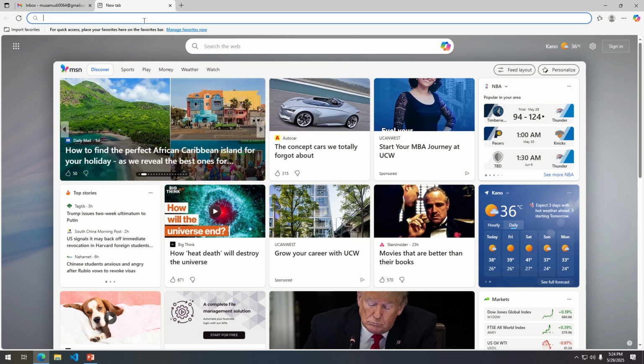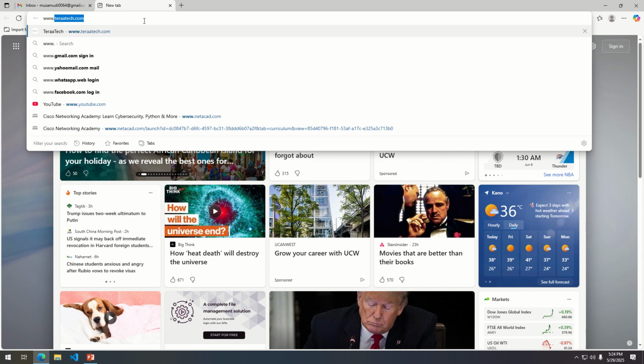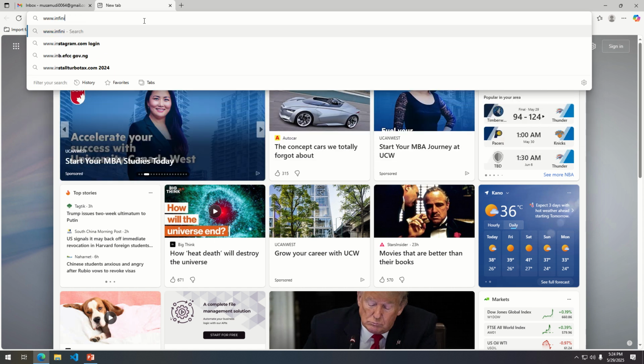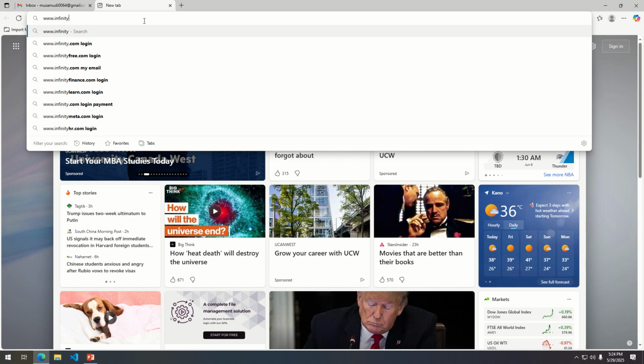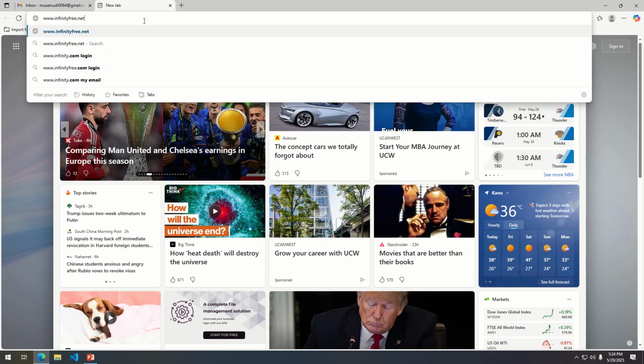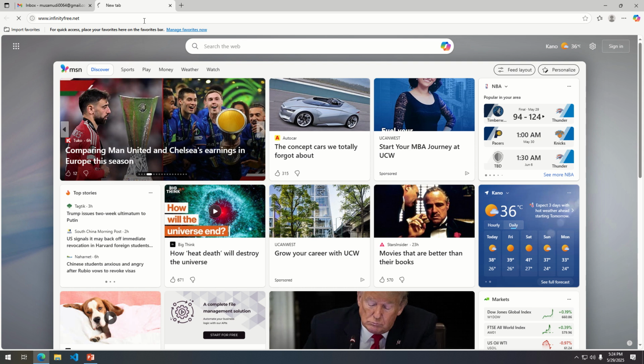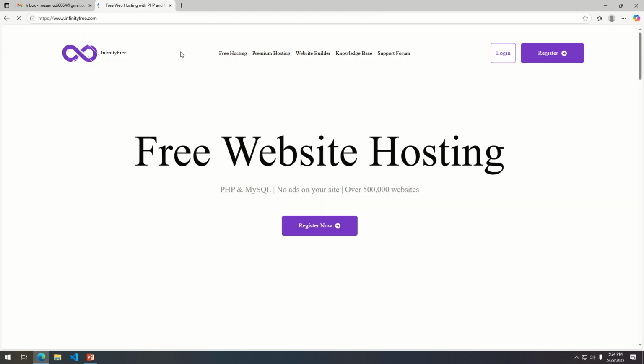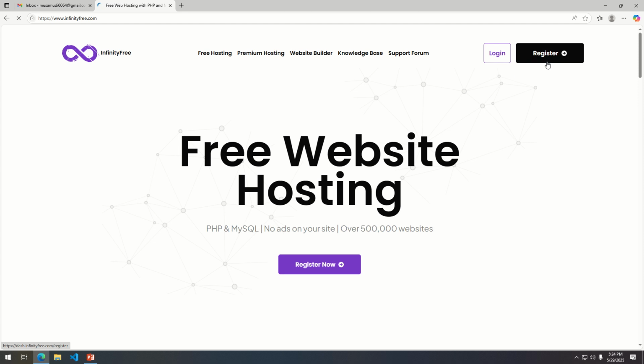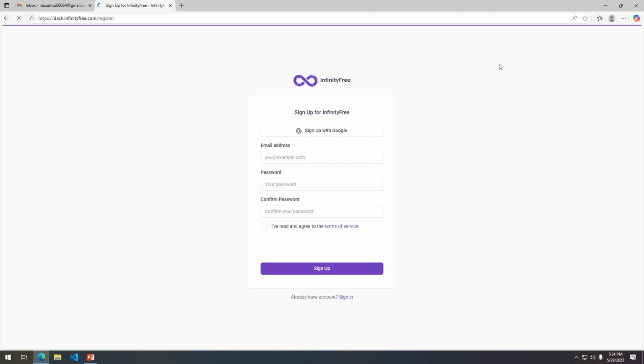Infinity. So let's go to www.infinityfree.net. So this is the website that is going to give us access to free hosting and domain name. All right, so all you need to do is to click on register. If you have an account, you can just click on login. But for now, we are coming here for the first time, so we need to just click on register and